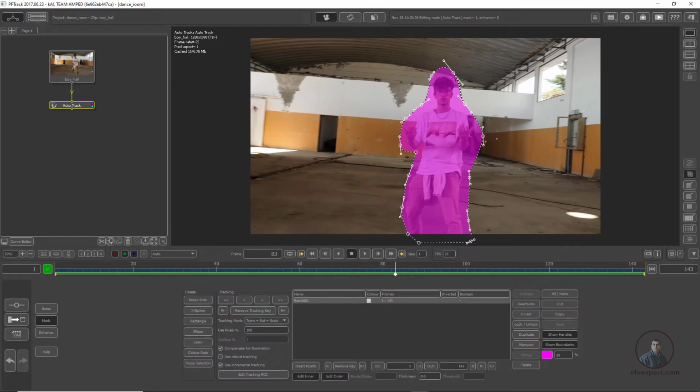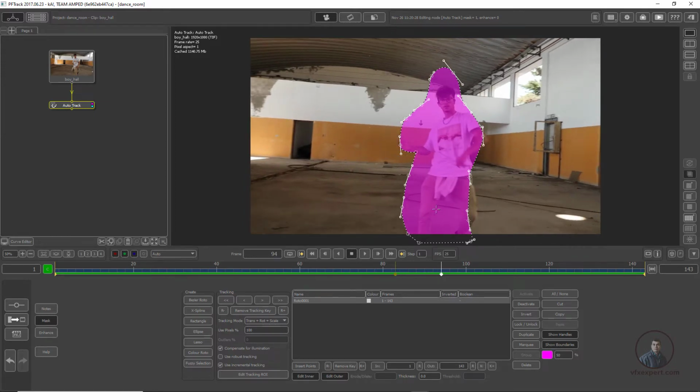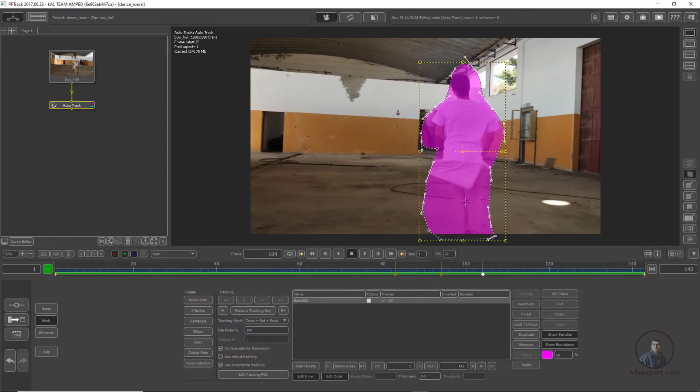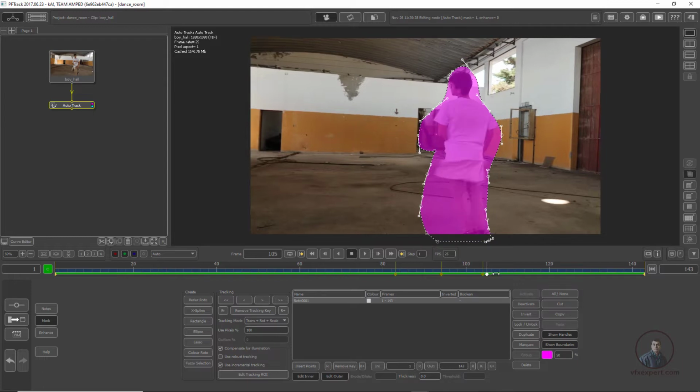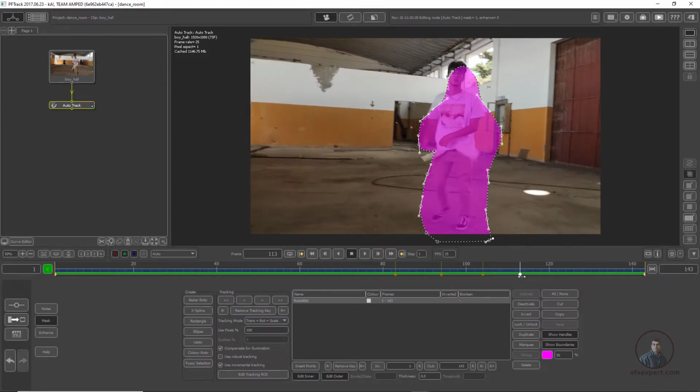After this we have to animate according to our character motion. Then just move the CTI and just animate. Hold control, you will get these controls, maybe scale, rotate, all these things. So just a little bit move and adjust according to your character. Hold control, then only you will see these controls here.